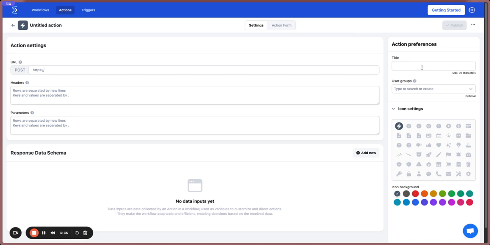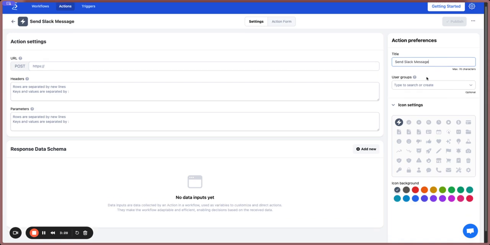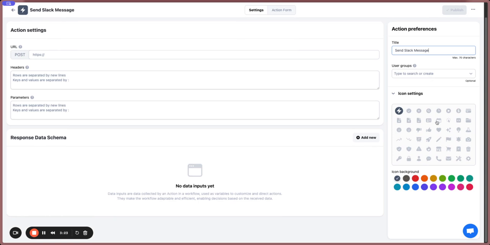Let's name our action Send Slack Message. We're going to select an icon that represents our action. Now for the API configuration, let's set up the URL. Let's add the required headers,